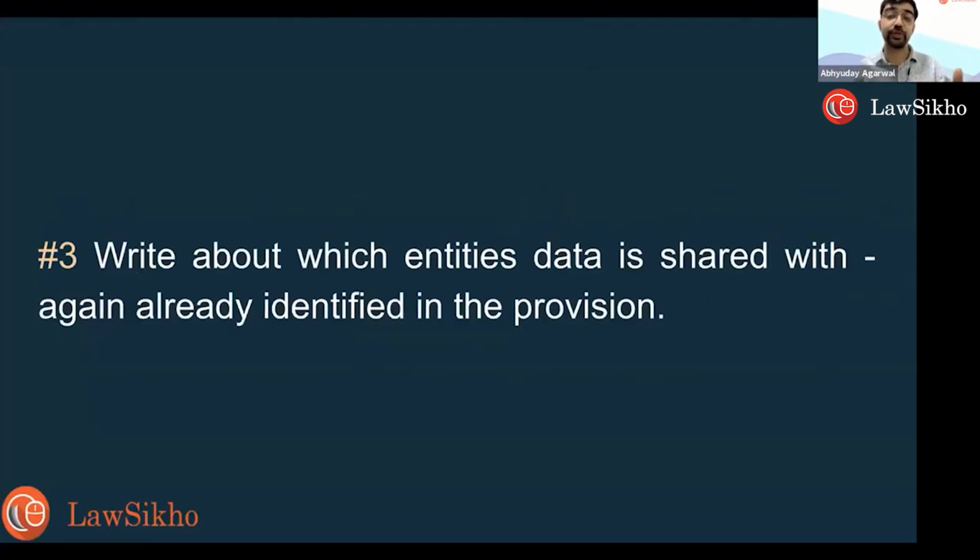Even biometric information where you give under California law, what it says is, if I gave my biometric information without my consent being taken, then you can't use it. Okay. So you have to take separate consent for taking the biometric information, even if you've obtained it otherwise. Okay. Now let's get to the data sharing part. Which entities the data will be shared with.